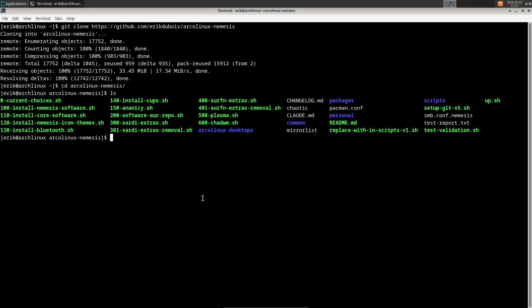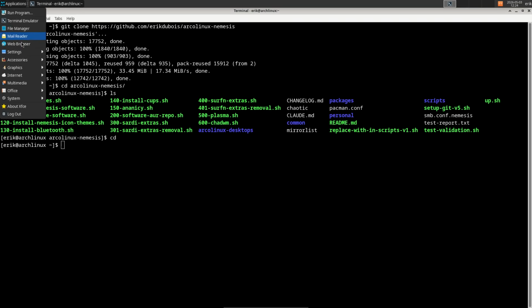Done. Now, what do we have with the common? That's basically a function script. We have the Archlinux desktops, which is going to be able to install, I don't know, Qtile or BSPWM, whatever is inside there. The packages are for the keyring for Celtic. Personal is, like you might have guessed, personal settings. And there's scripts. So the only thing I think we should have a look at, but maybe we should have a visual